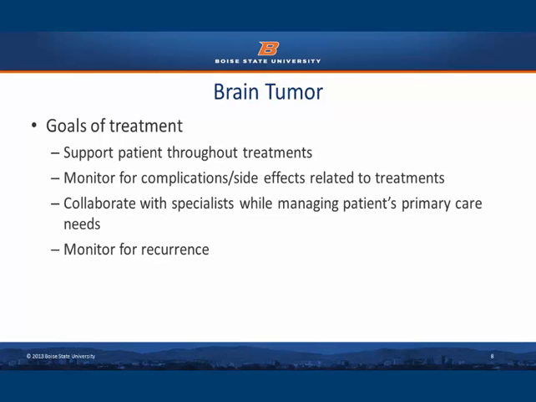As a primary care provider, you will need to communicate closely with the specialist so they are aware of any treatments that you're providing that may impact their treatments or the patient's condition. You will want to support the patient and the family throughout the course of treatment, advocate for holistic care, and refer to hospice and palliative care as appropriate. If you have a patient with a history of brain tumor, then you want to ensure that they receive recommended follow-up screenings to monitor for recurrence.